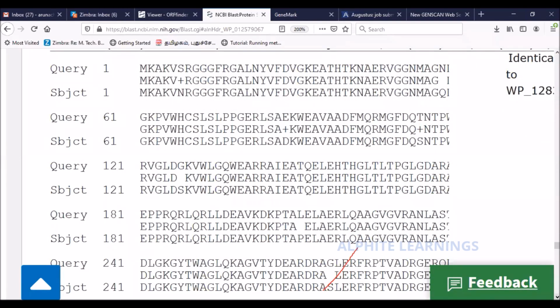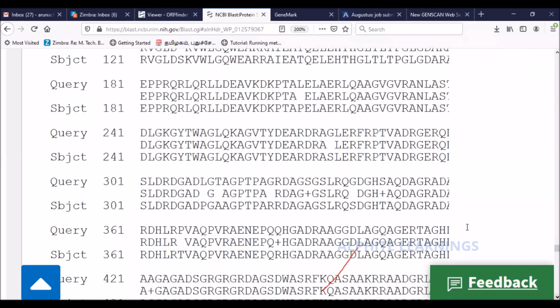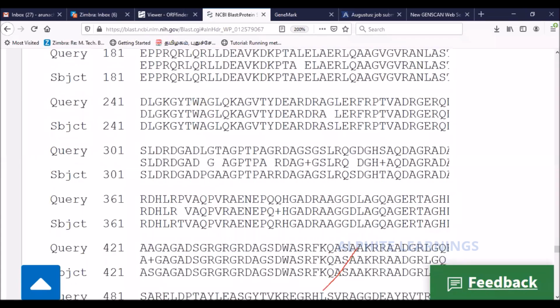Similarly, there could be mismatches as well. So there is an asparagine here and a glutamine here. Completely different, isn't it? Asparagine is different, glutamine is very positively charged. So this is called a mismatch. That is also possible. There is another mismatch here. There is a leucine here and a proline here. Similarly, a glycine and a serine, another mismatch. Leucine and a proline once again. And then you have a threonine and an alanine, a mismatch. So several mismatches, and they are also accounted.